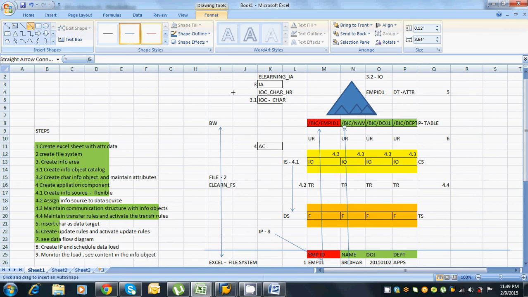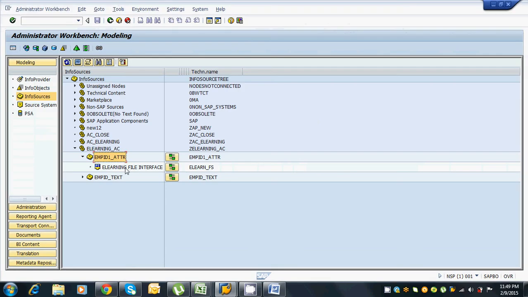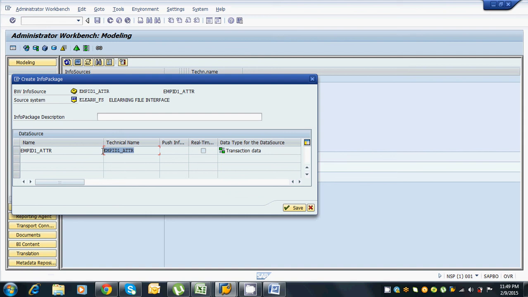It is going to schedule the data into the corresponding fields of P table. Whenever you schedule IP, data passes through transfer structure, transfer rules, communication structure, info objects, update rules, and finally data will be available in P table. In order to create IP, right click the source system and create the info package and give description,